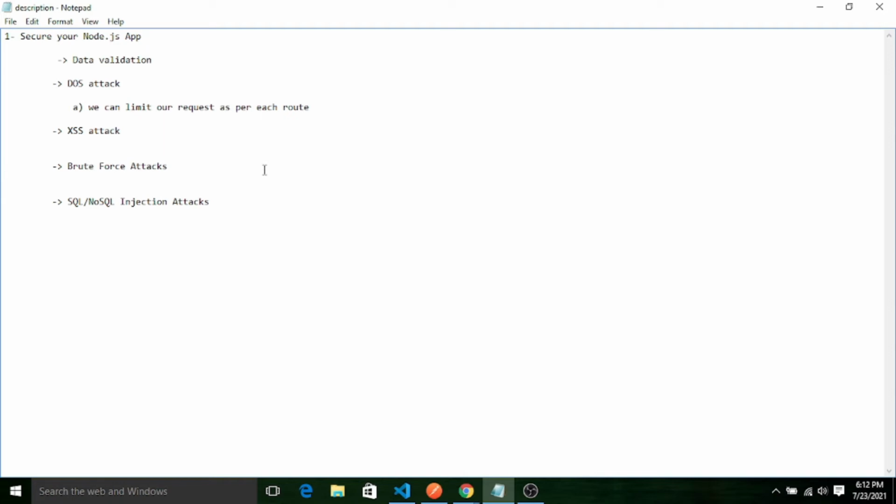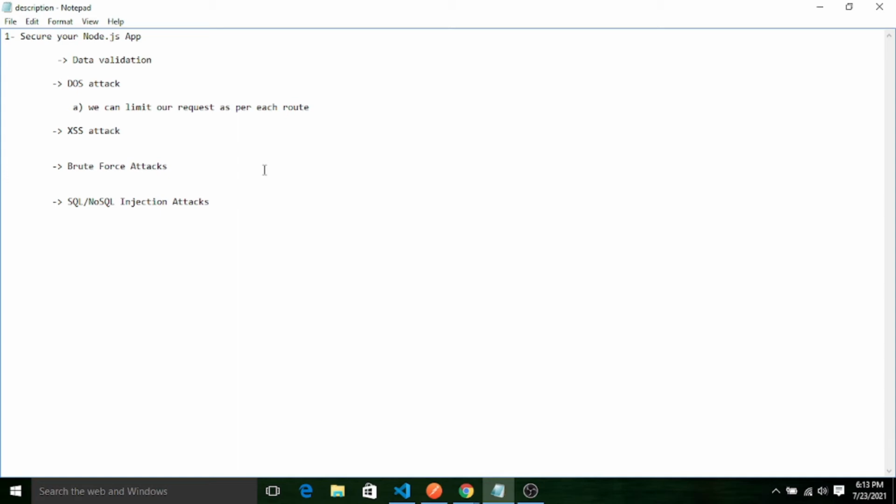Otherwise they implement some algorithm which generates random passwords, and they try them one after another. In this case they may succeed in entering your application.